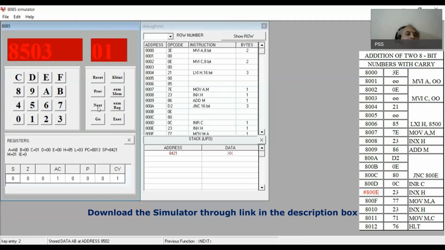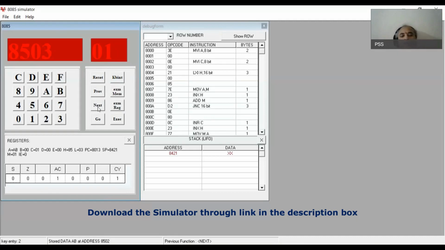Don't forget that this sum has a carry. So that carry is stored in the C register. Of course, this is displayed by moving the content which is present in the C register to the memory location 8503. Friends, you can take several examples and you can get confidence over the addition of two 8-bit numbers with carry.